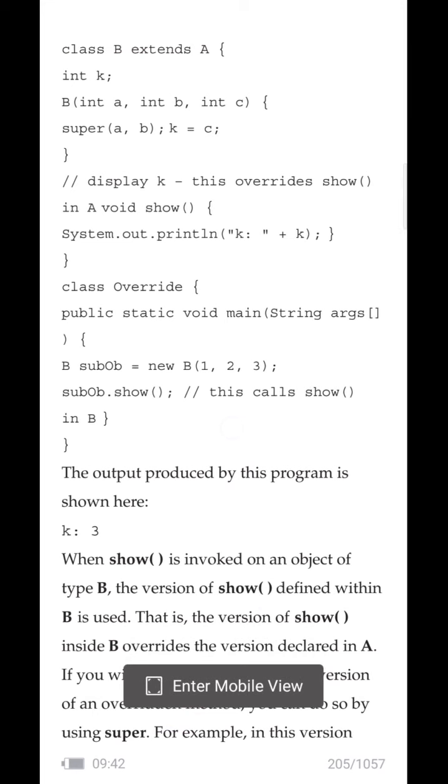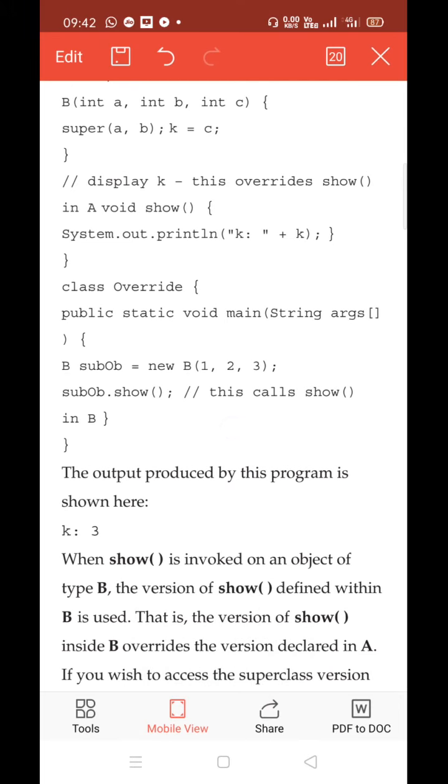When show is invoked on the object of the type B, the version show defined within B is used. That is what we have discussed. So